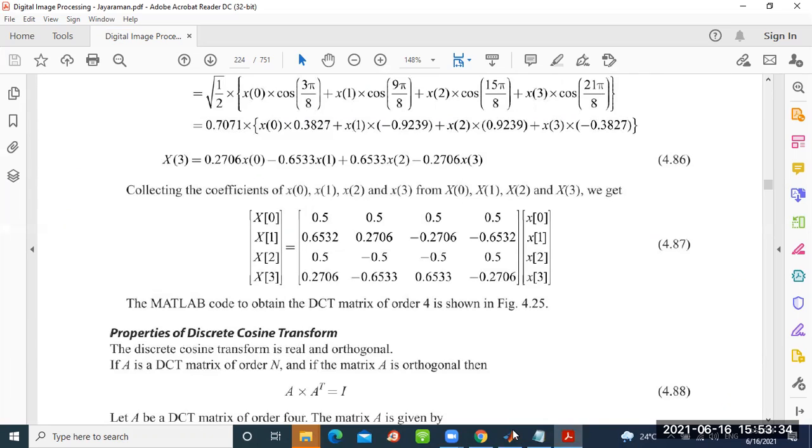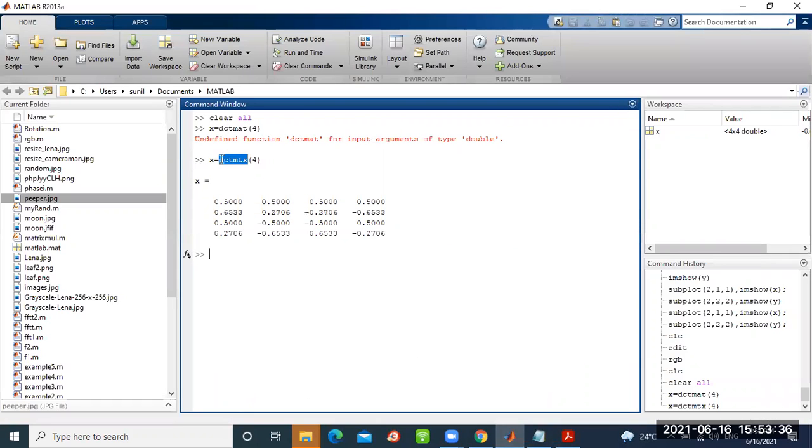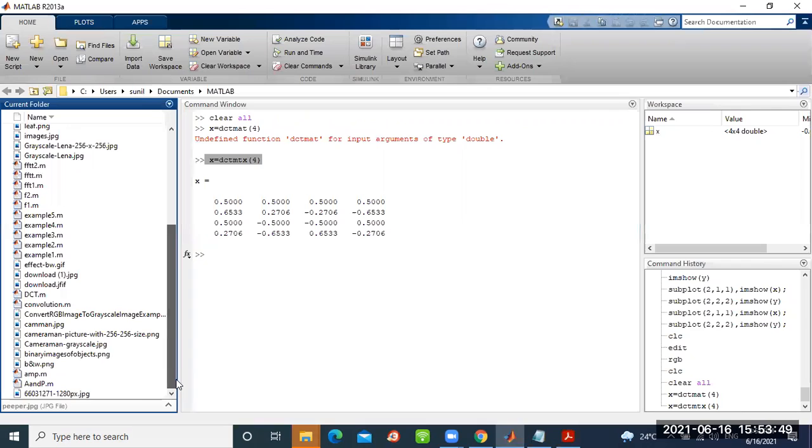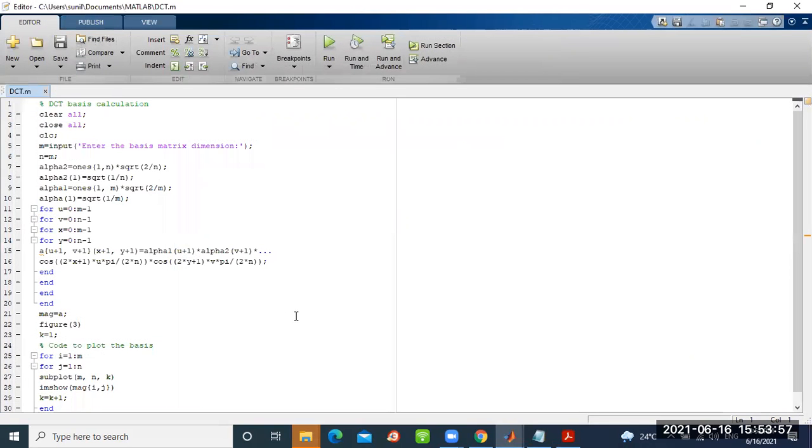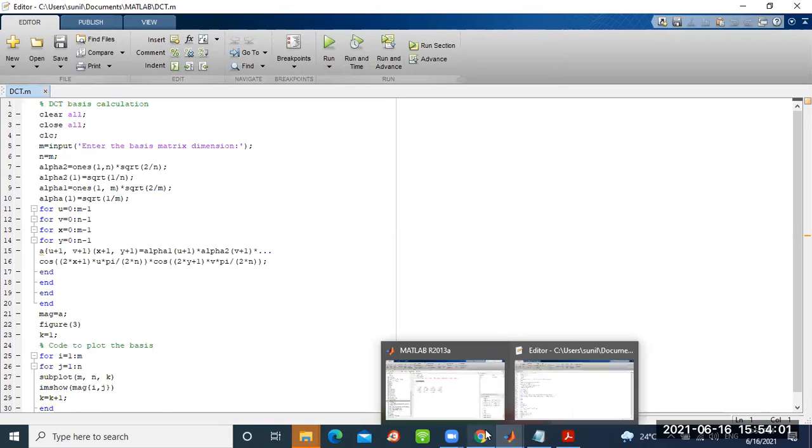So this is a MATLAB function which basically calculates the coefficient matrix for size equal to 4. Okay, so do remember this function dctmtx. So now let us write the MATLAB code for the DCT transformation to convert any image using DCT. Fine. So this is the program which will convert